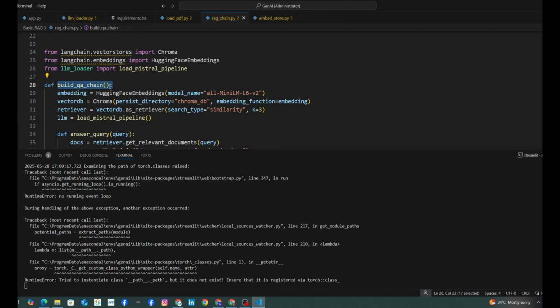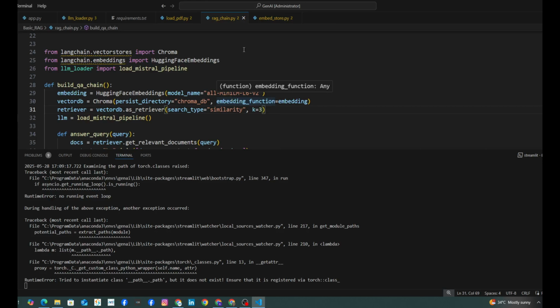And then we are retrieving the top 3 similar chunks in the third line. Retriever is equal to vectordb.as_retriever. So we are basically checking the similarity with the top 3 chunks and we'll return it. Fine.